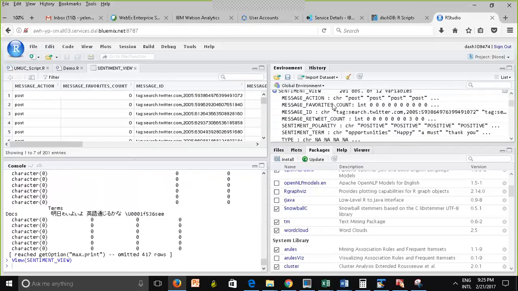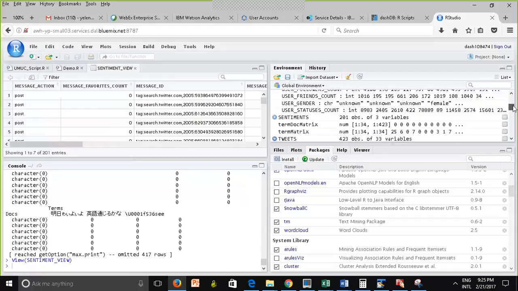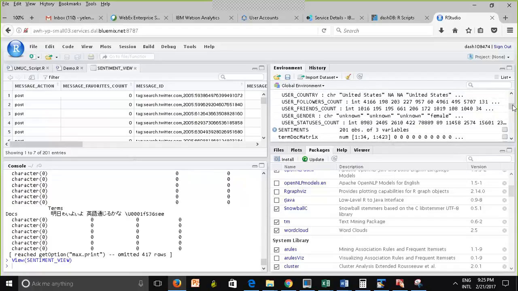Or you can also look up at this tab. See this message option, post, right? See this, it's a character. But if you want to use this field as part of your association rules, you would need to convert it to the factor, right? As factor function. And also, if you have a numeric field, you need to do the binning, because association rules method does not take continuous numbers. All variables have to be either binary or categorical. So there is some data pre-processing that you will need to do.